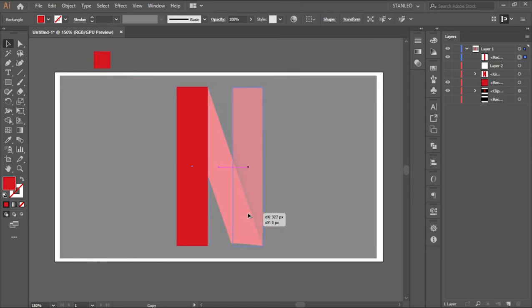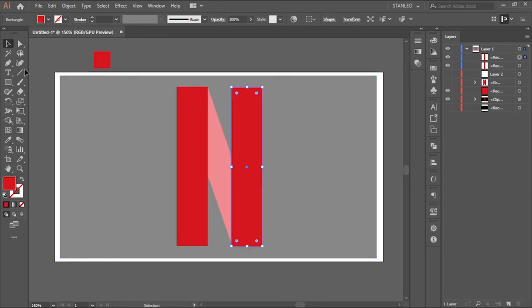Then I duplicate it. I duplicate the rectangular shape I made, and I also make it match the other side of the Netflix logo. Then after making it match the size and the length and everything of the other side of the logo, I then